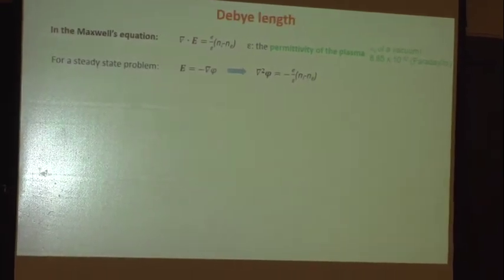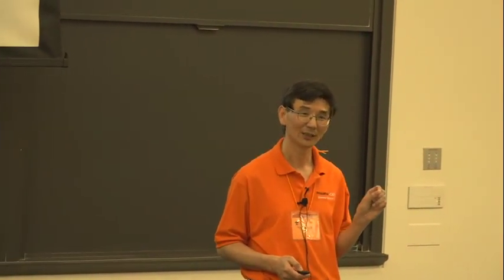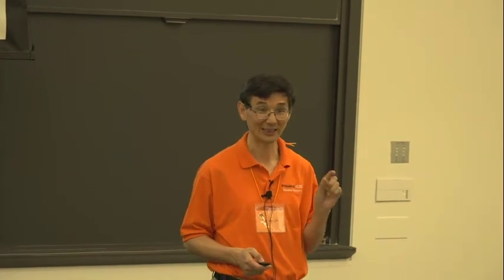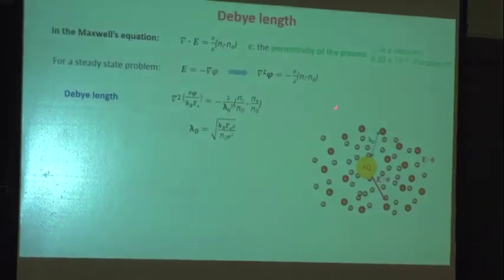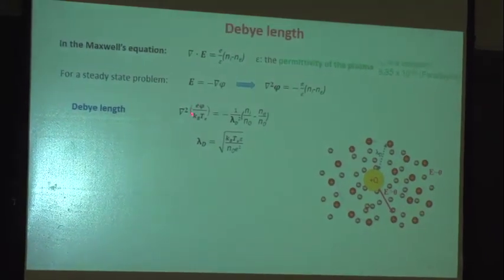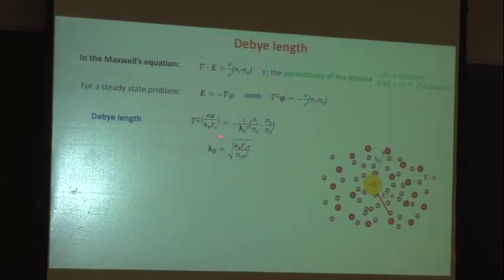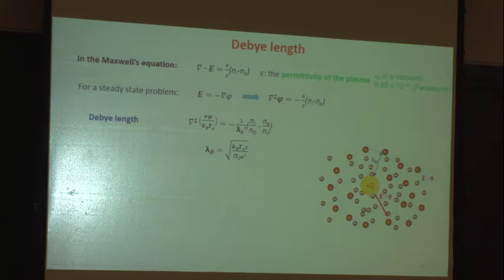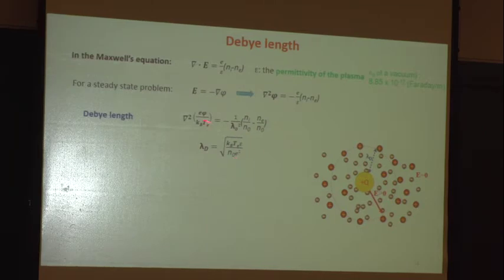And before you solve it, we can normalize it. Normalize what? By the length scale, right? The second derivative in space always gives you a characteristic length scale, just like diffusion always gives you a diffusion length scale. So if I normalize this equation, multiply phi by e and divide by kB, the Boltzmann constant, and the electron temperature, I can normalize it using this equation. Here is the length scale, and lambda D is the Debye scale, which can be derived through this normalization of these equations.